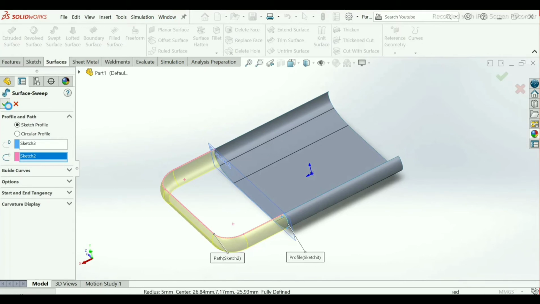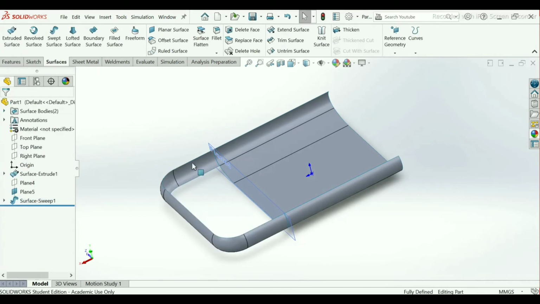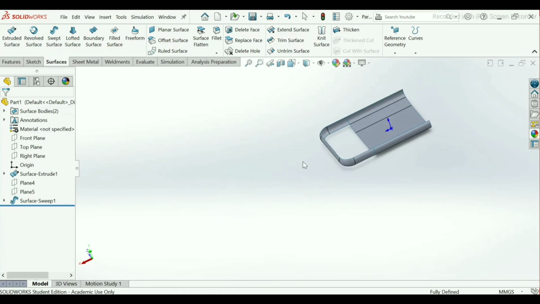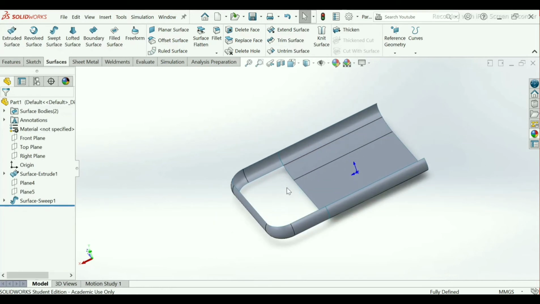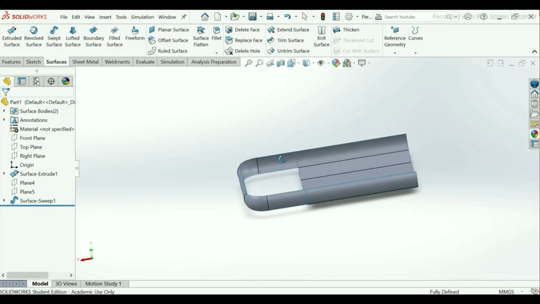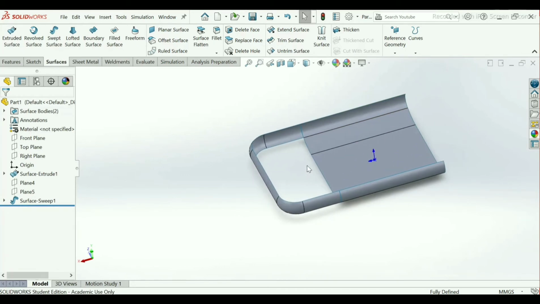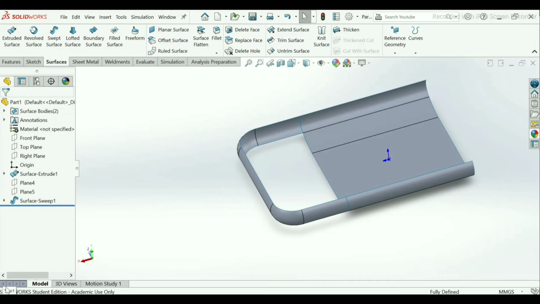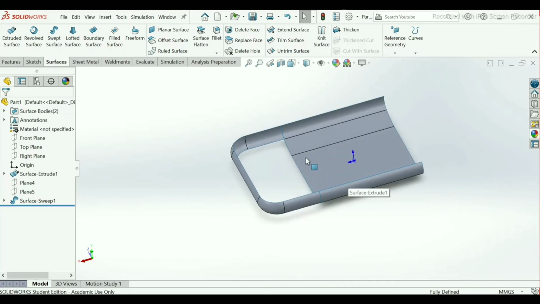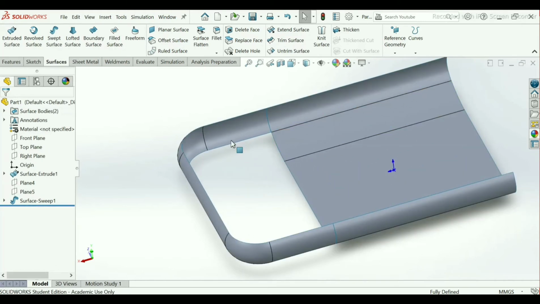Just click on OK. Now hide this plane. You see here there is an empty space left. Now here we have to fill this.